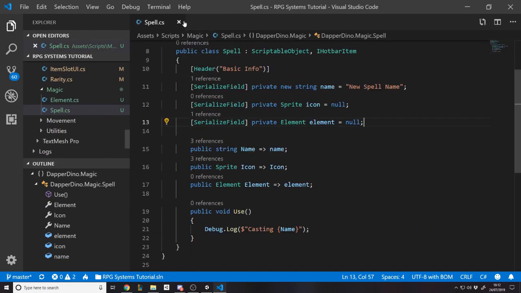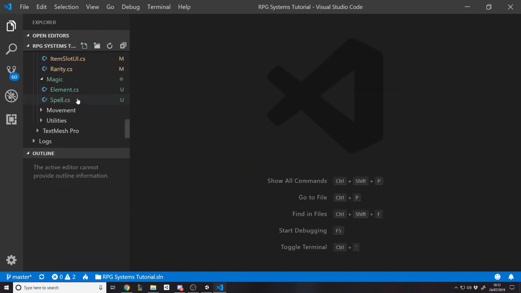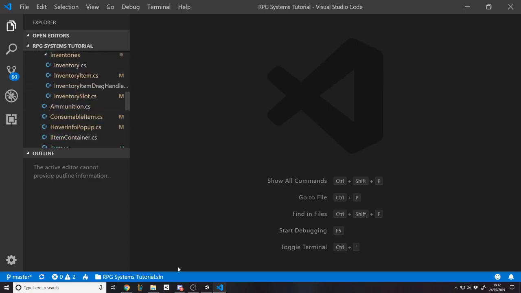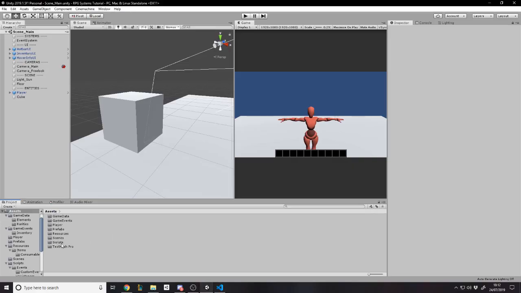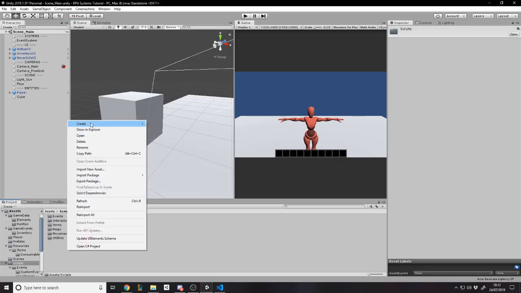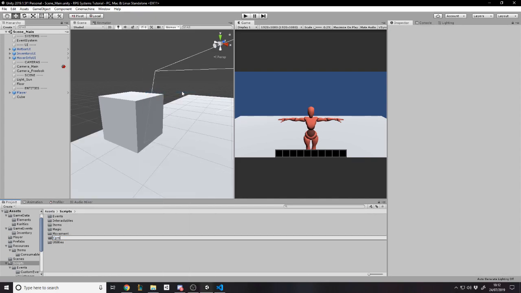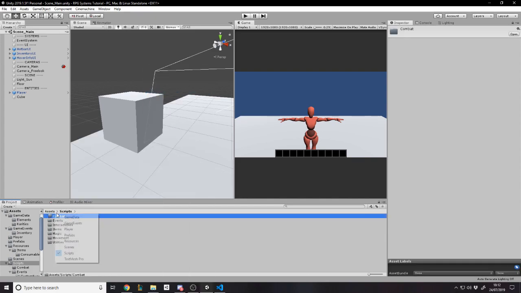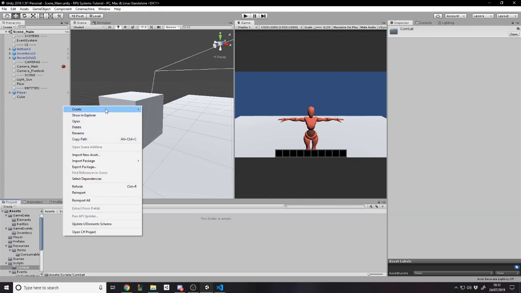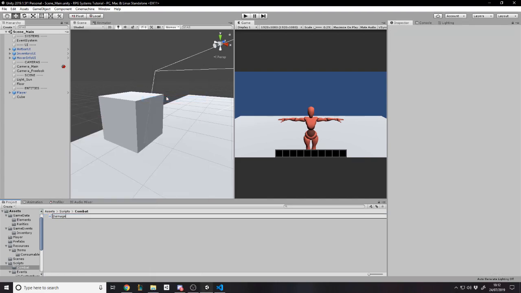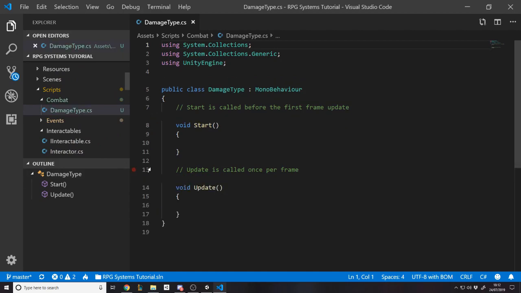But your goal for this video, if you're following along with me, is make another class, maybe make a combat folder, right? I'll just do this to remind myself. So in scripts, we'll make a combat folder. And inside there, maybe make a script called like damage type. And make it just like the others, a scriptable object that has a name and a color maybe, and make instances of them. And the thing is, if you're, for example, going to do magic damage, physical damage, and true damage,